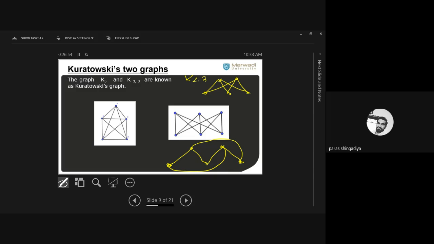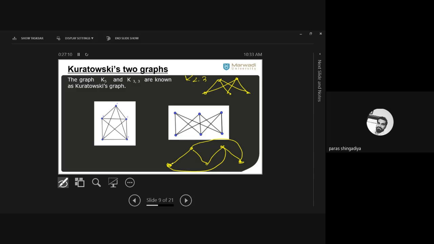Clear? All the connections are as they are. We have not made any changes. We did not delete any of the edges. We did not remove any of the vertices. This also contains 5 vertices, that is six edges, and it also fulfills the adjacency relation.